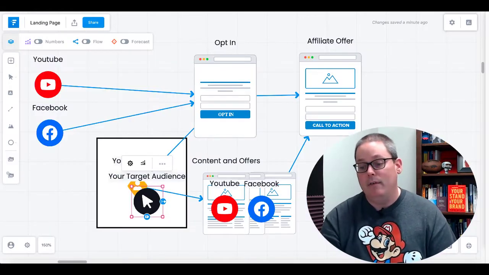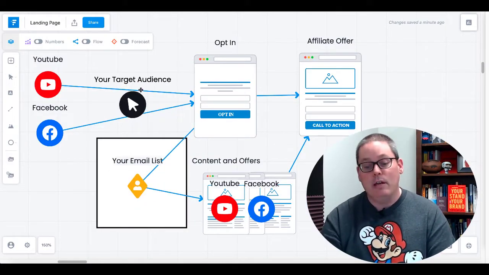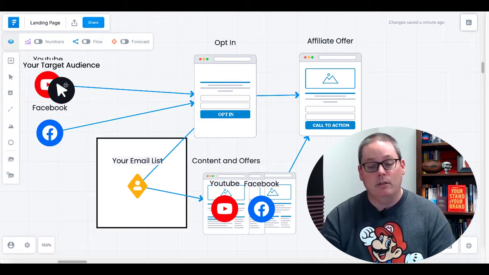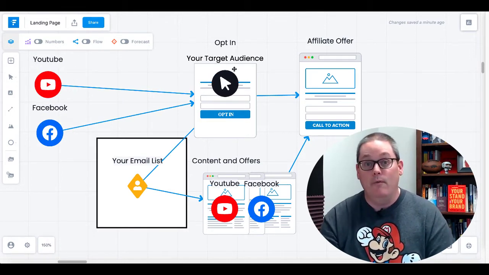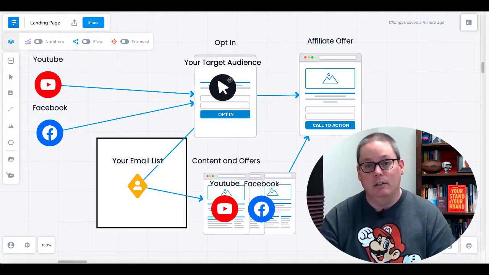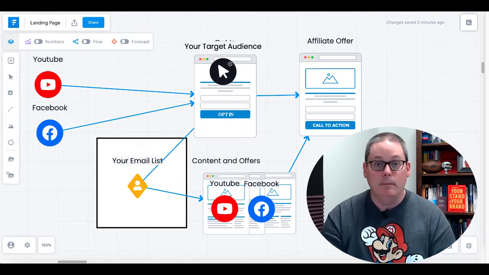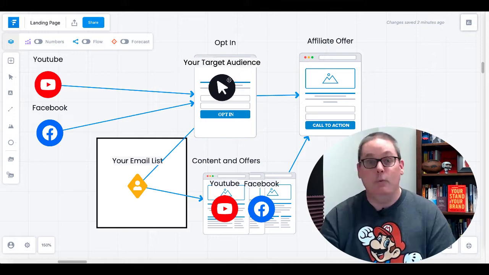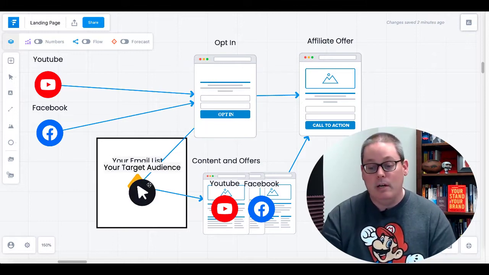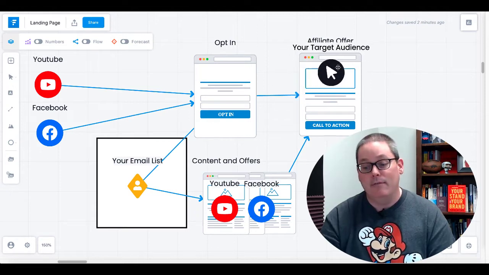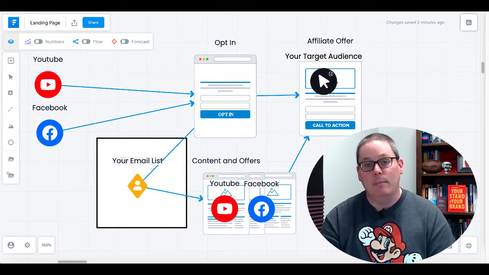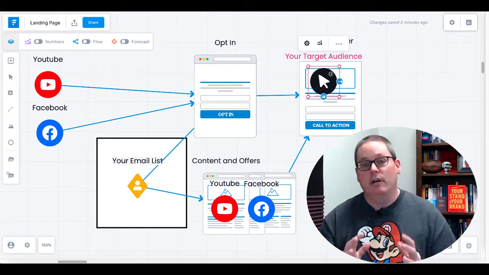And what you'll have is everything you need to find your target audience on YouTube or Facebook. Send them over to an opt-in page where you give them very valuable information that they're looking for to solve their problem. And in this case, it was that Digi World of Warcraft. And you'll put them on your email list so you can send them to more content and offers and eventually get them over to that affiliate offer where you'll be earning that commission. And you can do all this starting for free.